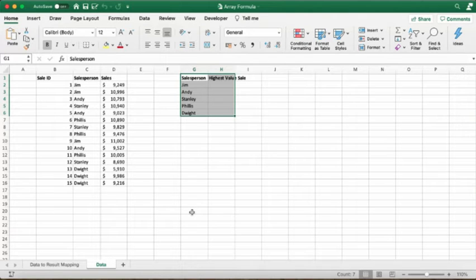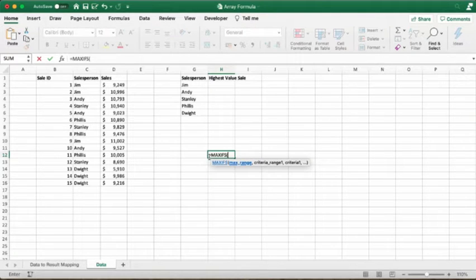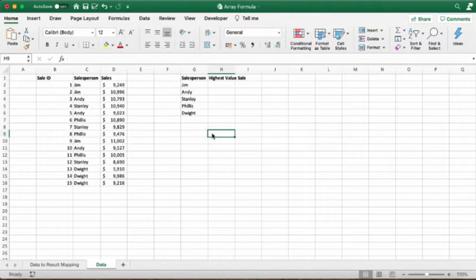So let's dive right into the solution. On the outset, I would like to mention that there are a couple of different ways of doing this. For those of you who have the later versions of Excel, there's something called a MAXIFS function that is available. So equal to MAXIFS. This allows you to find the maximum value based on certain conditions. However, I'm not going to use this function since this is a demo on array functions, and I would like to solve this problem by using array functions.